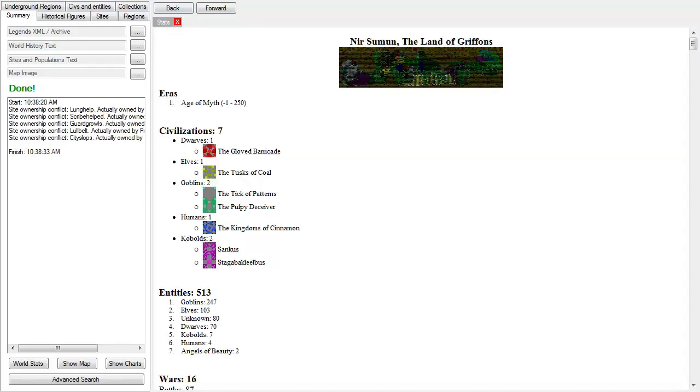Also, I've only got 7 civilizations, of which 2 are goblins and 2 are kobolds. The way the system places civilizations is it tries to put in one, tries to put another, and so on. When it fails, it just goes down the list and tries another one. So if I just put in 7 civilizations, I could have ended up with 3 dwarves, or very unlikely, 2 elves and 2 humans or something. I didn't want that. So what I did was, in the raws,